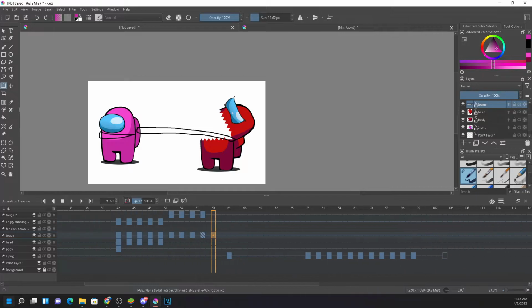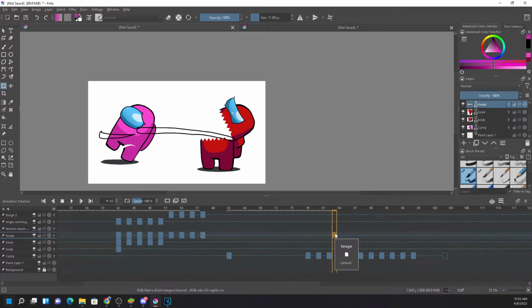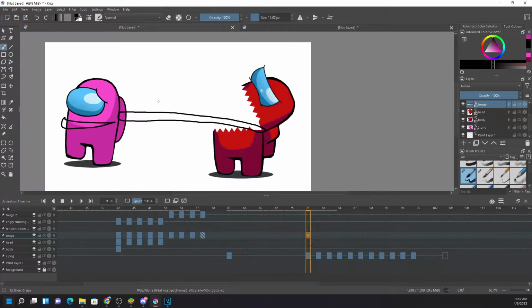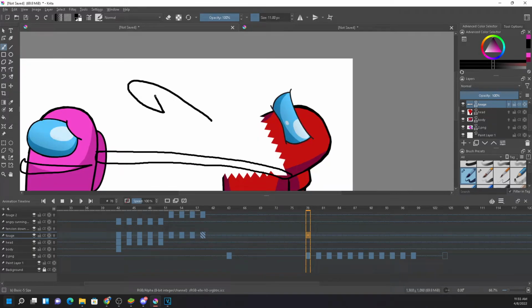Now based on this movement, I will adjust the tongue. That's what I said. If you adjust the tongue first, if I place this one like this, I move this like this.